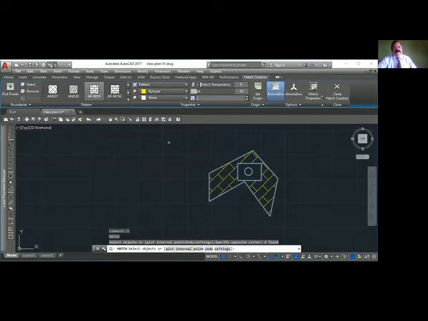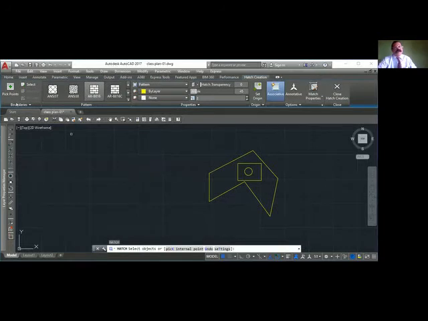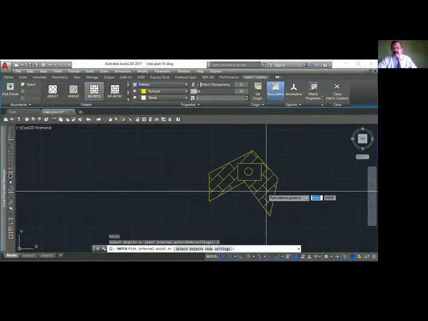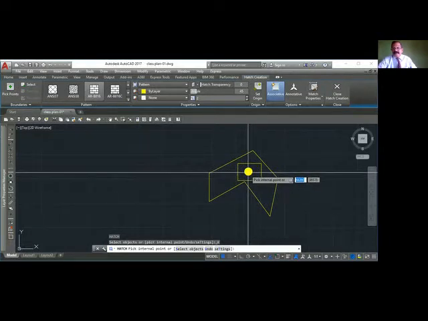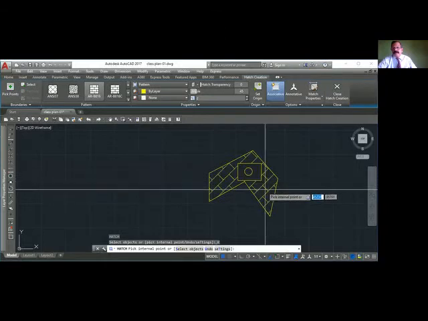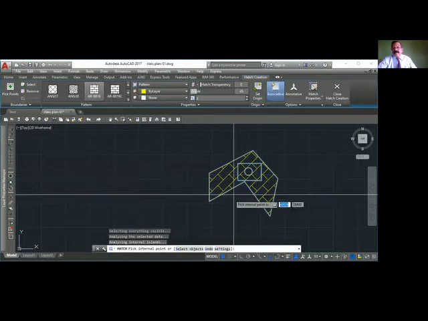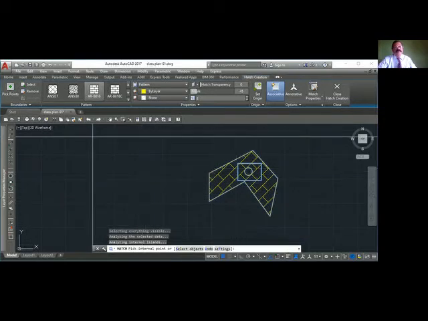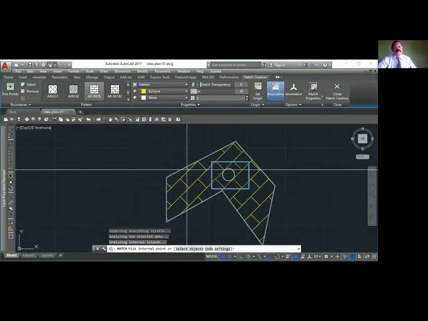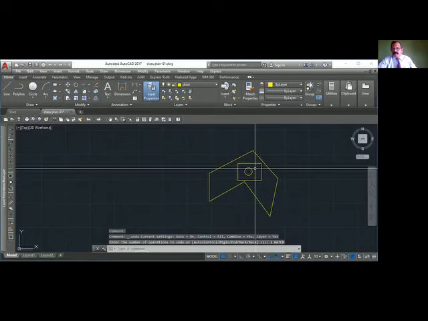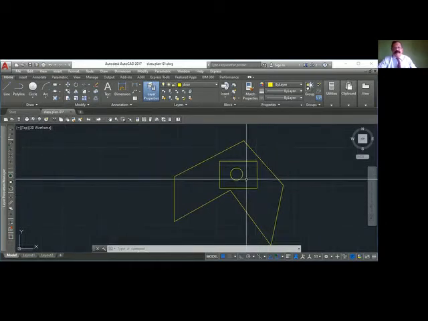Okay, so I'll undo this. Hatch. I will pick point. So I can click wherever I want. If I want here, here, or here. This scale is not matching, that's why. I can show wherever I want. So click here, then again come here and click here. So like that you can do. Okay, I want only this portion. I want here and here. I want here and in here, hatch.